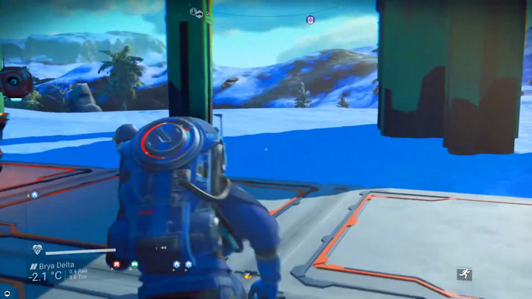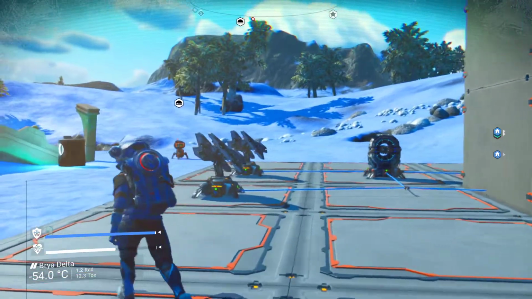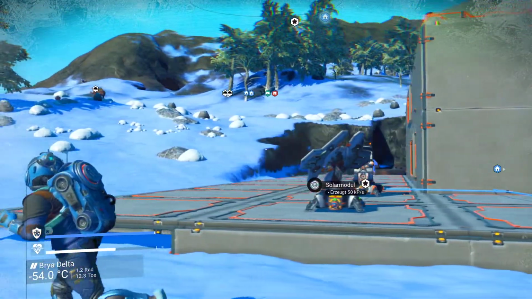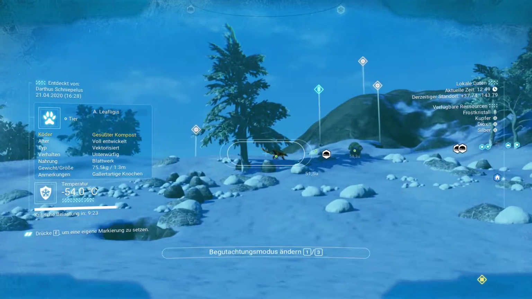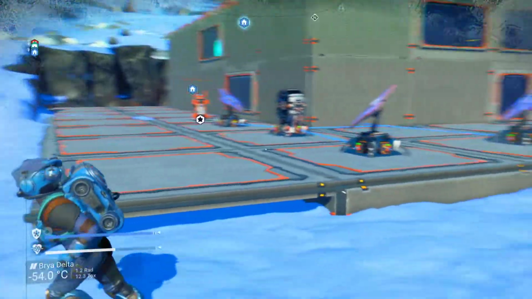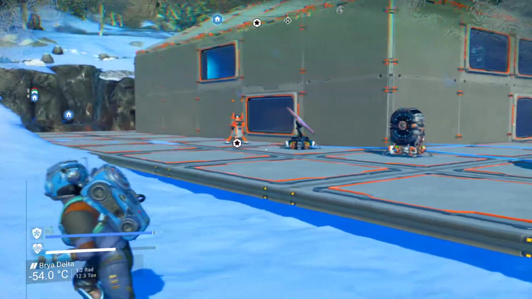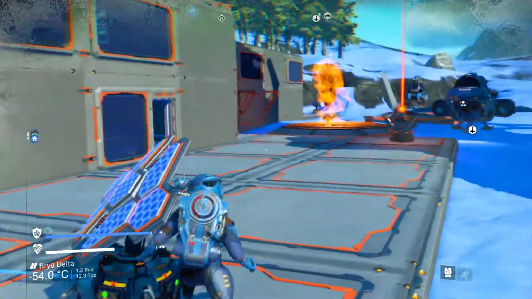As you can see right here, I changed to this, I would say, Arctic planet or a frozen planet. You have a lot of animals running around here. Checking out my base,